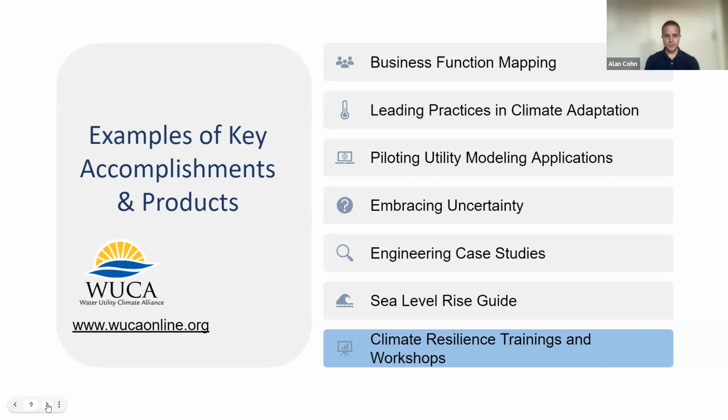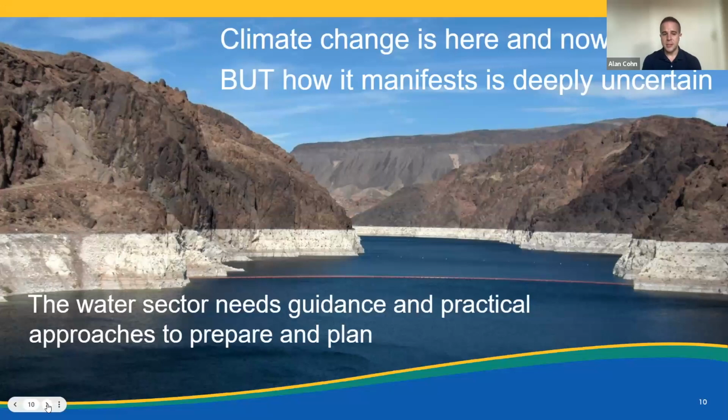Next slide, please. So WUCA recognizes that climate change is here and now. We are experiencing the impacts on our water systems, as I think all of us know. This image is quite a bit away from the East Coast. As everyone knows, the West has been dealing with severe drought issues. And this is something that we can't forget about here in the Northeast either. We have been experiencing, as most of you know, a lot of heavy rain events. That is something we need to prepare for. What does the future hold for extreme rainfall, for sea level rise? But what about drought as well?